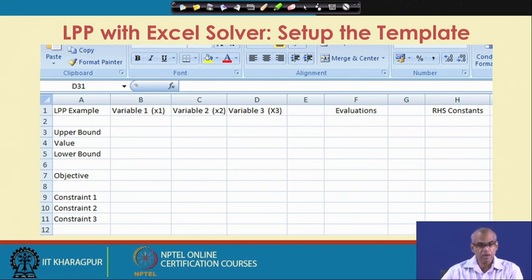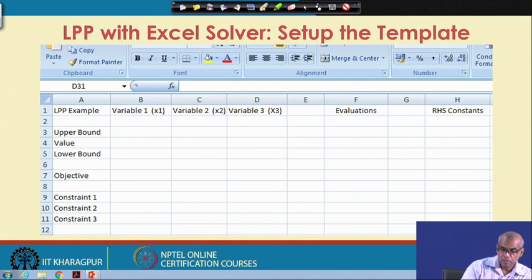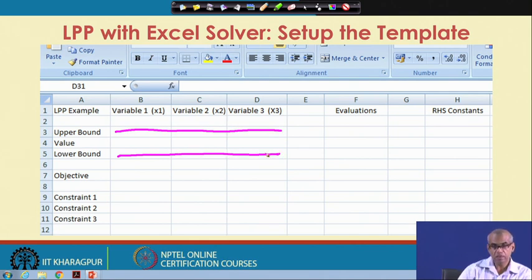So, you can note that the column A contains all the labels as we discussed, and column B, C, D contains variable names, column E is blank, column F contains evaluations, column H contains right hand side constants. So, these three cells will contain the upper bounds for variables x1, x2 and x3 respectively. These three cells will contain lower bound for decision variables x1, x2 and x3.